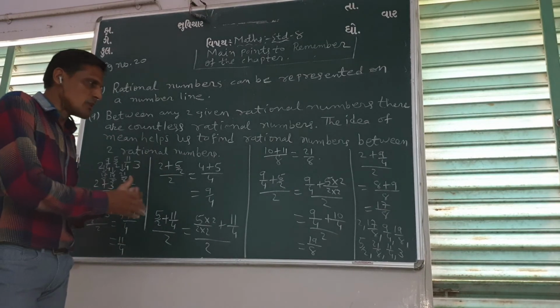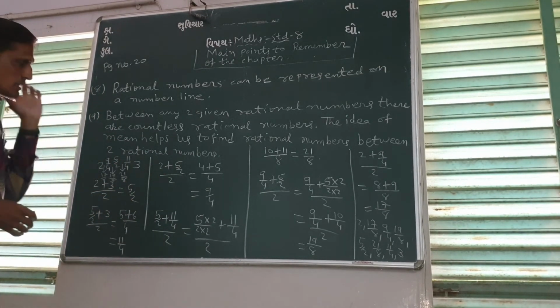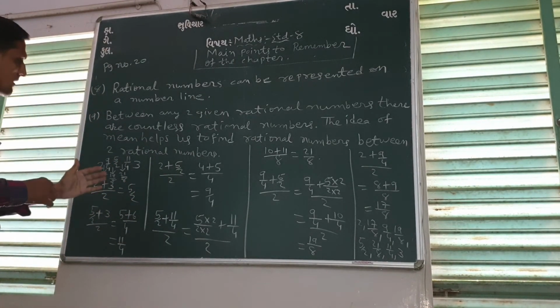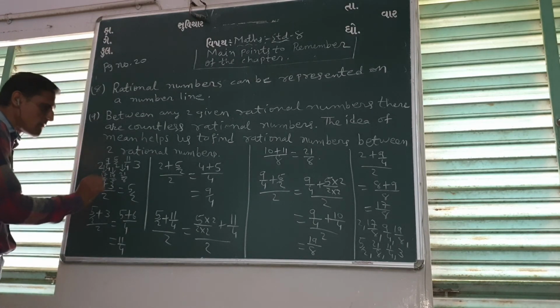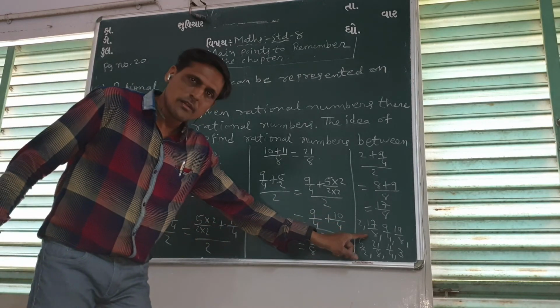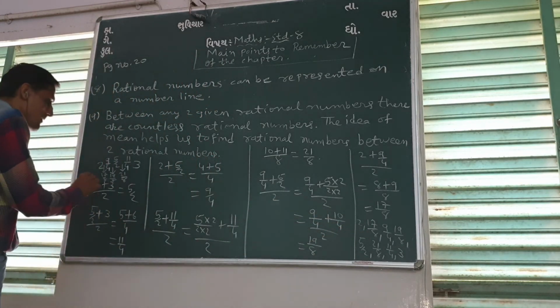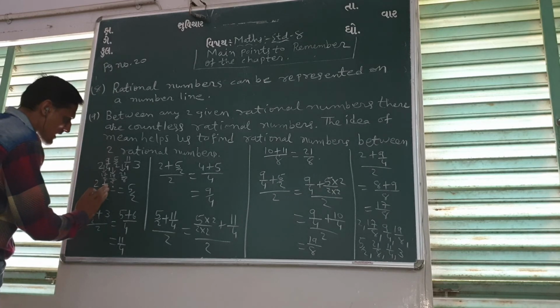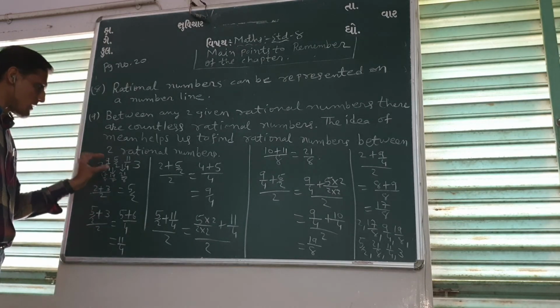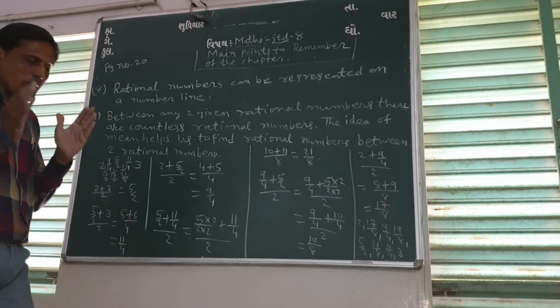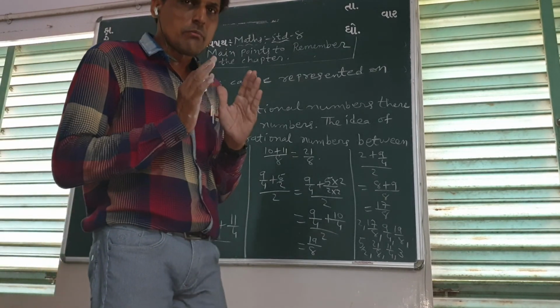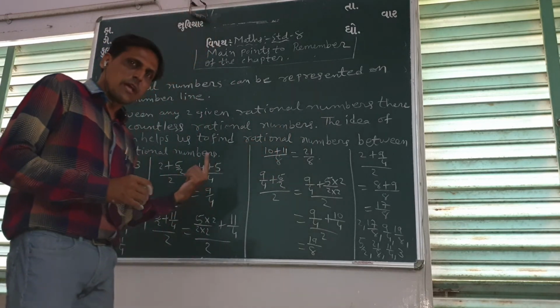Okay, you write down this method. Okay, this is roughly I have shown. Okay, you write down this, and this is 17 by 8 we have written which we have found here. Okay, and our method is started from here, (2 plus 3) by 2, and that is equal to 5 by 2 that I have written here. Okay, whichever middle number we have found, between number we have found, that I have written in that way, right?